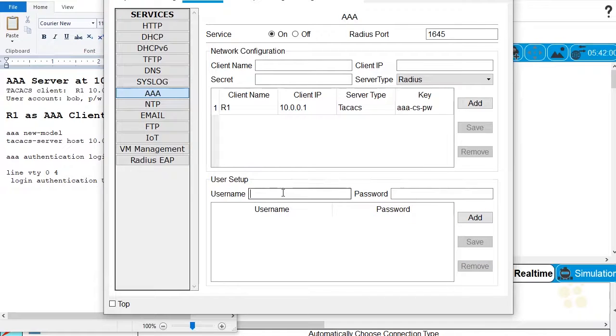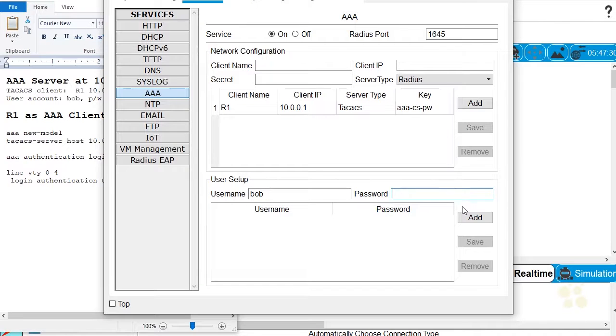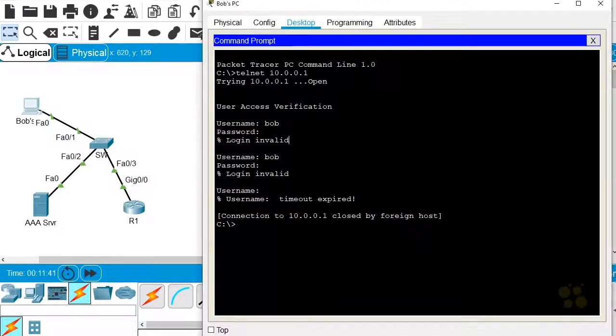And let me add Bob again with the right password, Bob. And Bob's password is AAA-user-PW. I'll copy that. I think I copy-pasted it before. I just copied it from the wrong field. Ouch. All right, so we'll add that. Now we have the right password. Let's try that again. So we'll go back to Bob's computer and hit the up arrow key to telnet,